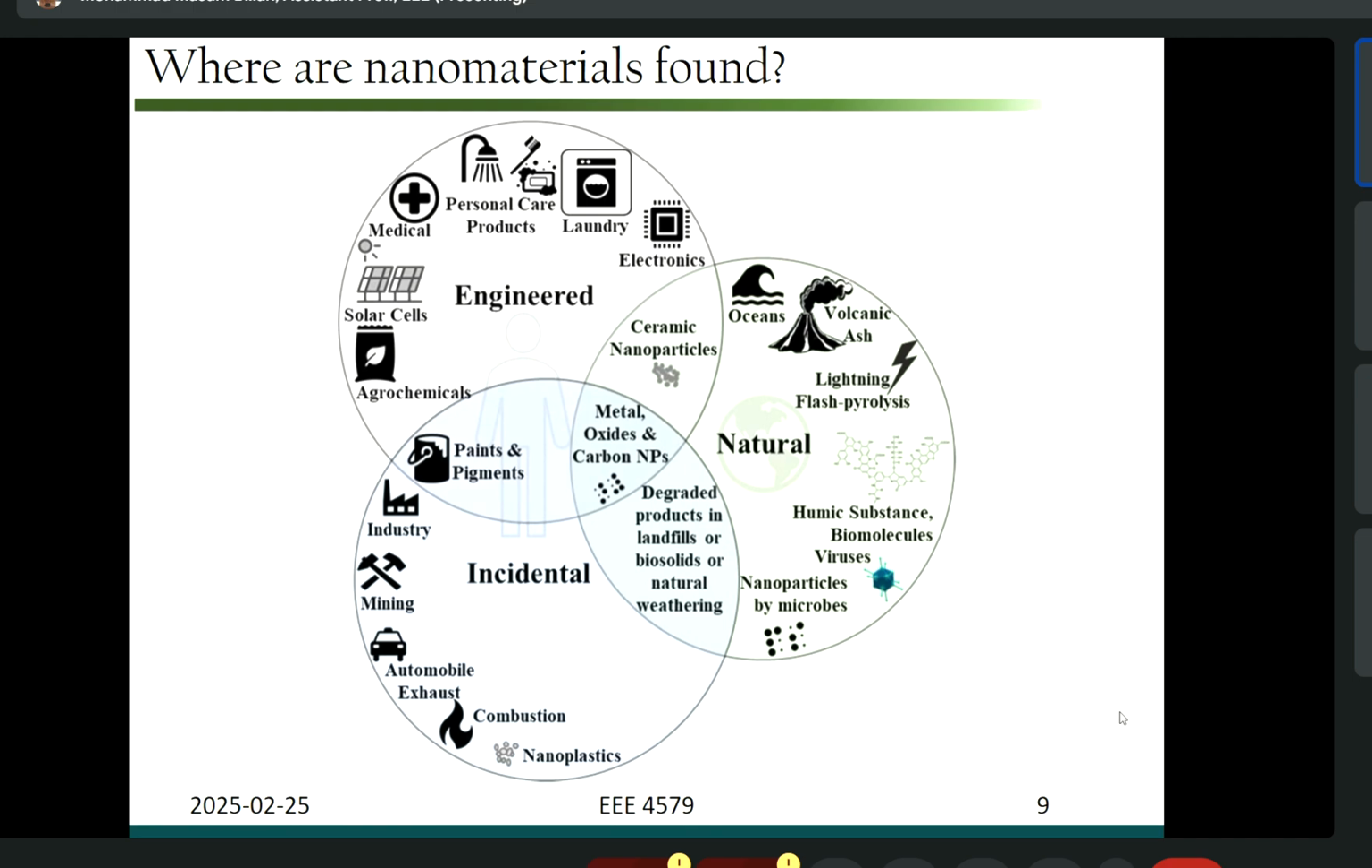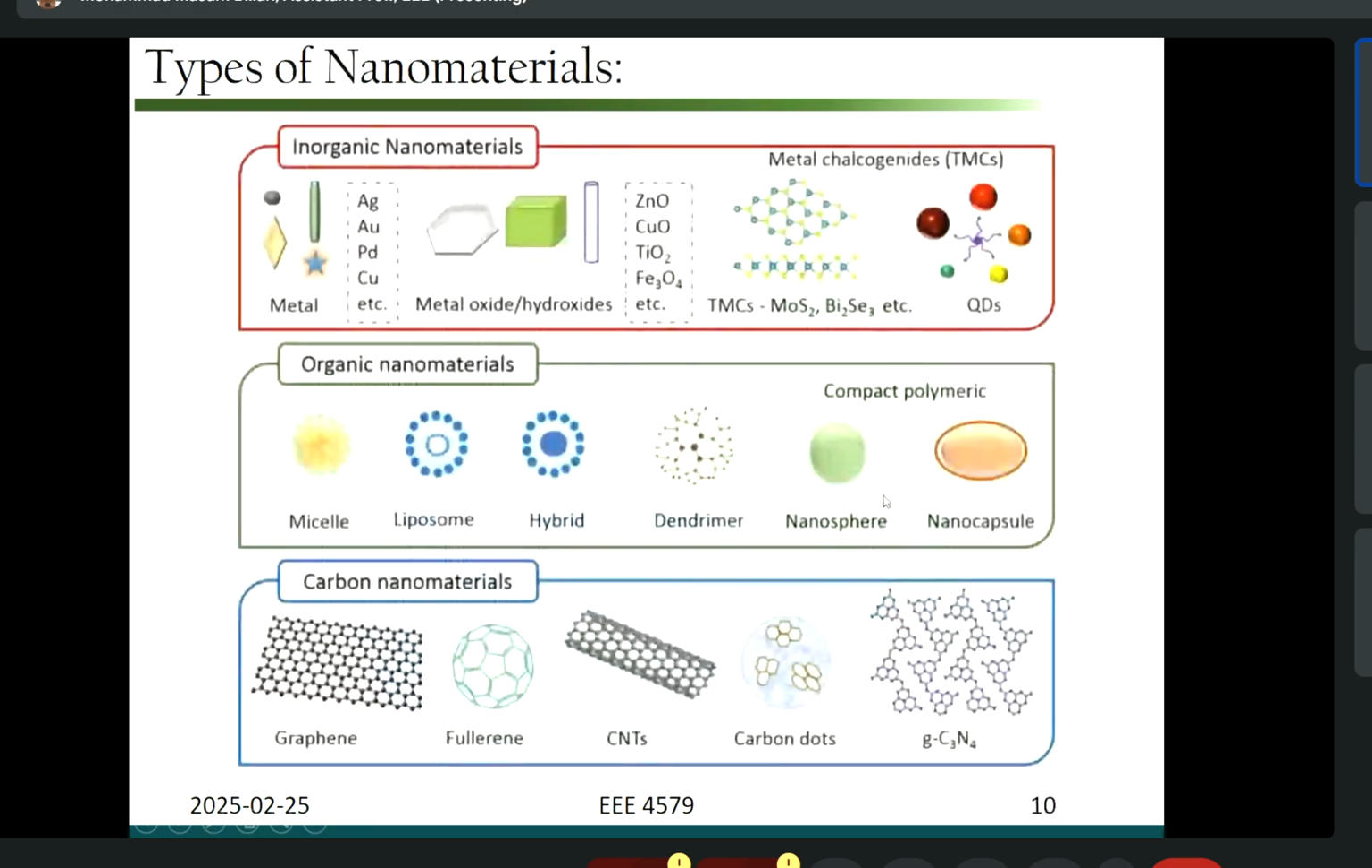What are the sources of nanomaterials? So nanomaterials are available in nature only? Yeah, of course. You can get them from volcanic ash, oceans, ceramics, or lightning. You can get microfibers or nanoparticles from nature. They are available in nature. However,